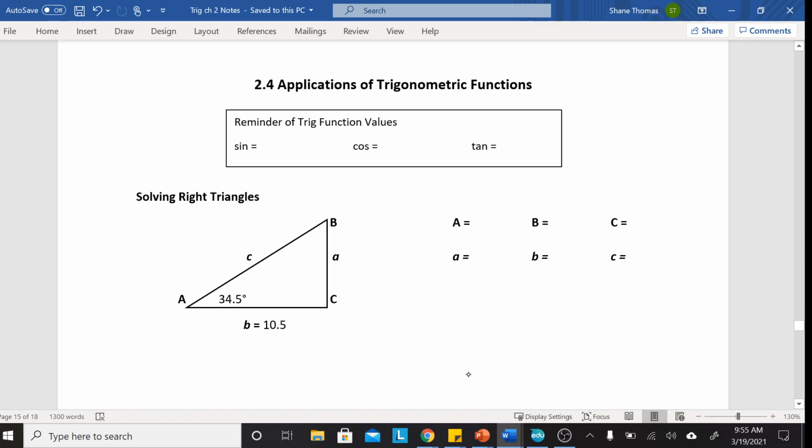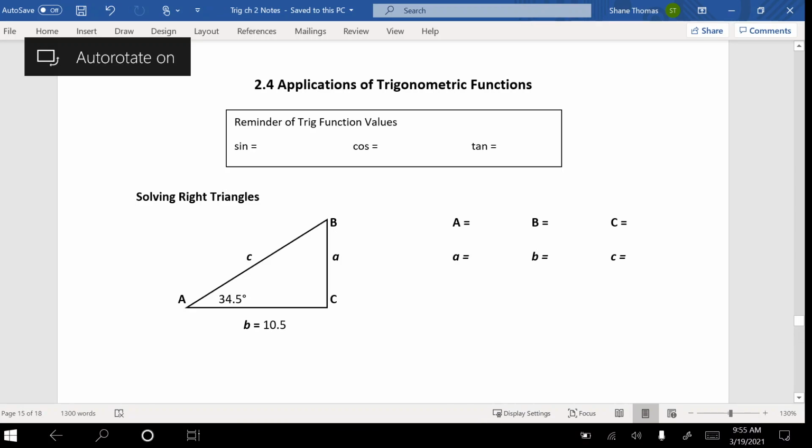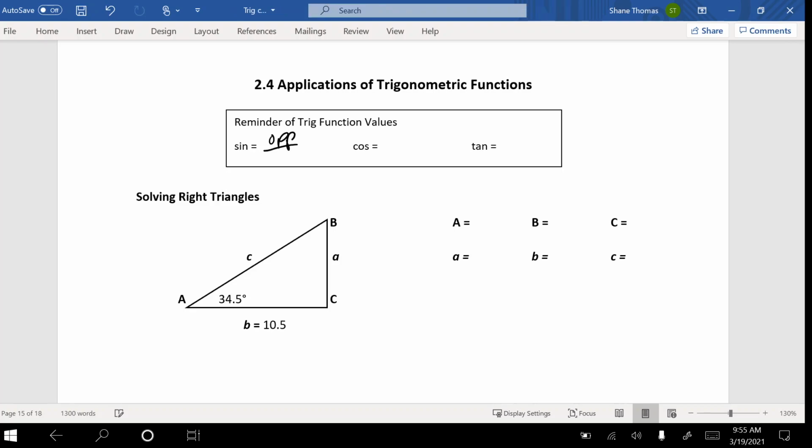2-4, application of trig functions. First thing, just a reminder, what is our sine equal to? Sine is what? It's right over there. Opposite over hypotenuse, correct. What's cosine? Adjacent over hypotenuse, correct. How about tangent? Opposite over adjacent. All right, those three things are going to help us to figure out missing sides, missing angles,